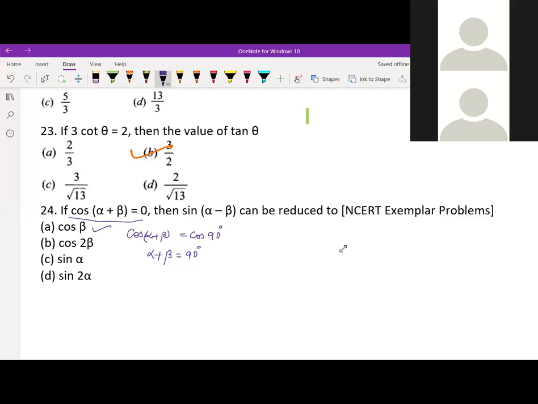So we can put any value for alpha and beta. That also you can do if you want. Which value do you want to put? 45, 45. So sin 0 becomes what? 0. Sin 0 is 0. The sin of alpha is 45. Then with 0, when will 0 come? Sin 0 will come at cos beta, right?